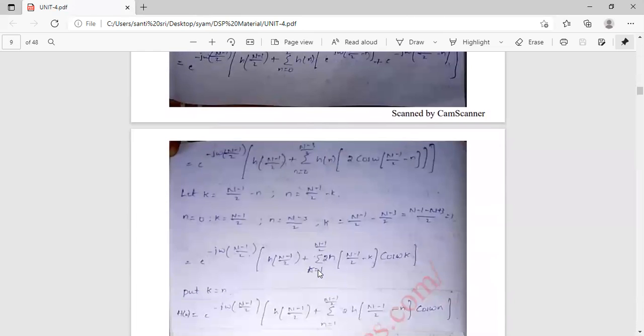Okay, so H(ω) is equal to e^(-jω(N-1)/2) into h((N-1)/2) plus sigma n equal 0 to (N-3)/2 into h(n) into 2 cos ω((N-1)/2 - n). Okay, let k equal to (N-1)/2 - n, and n equal to (N-1)/2 - k. Okay, so